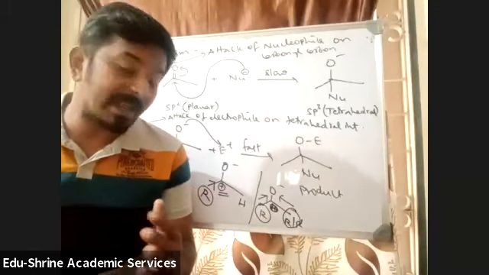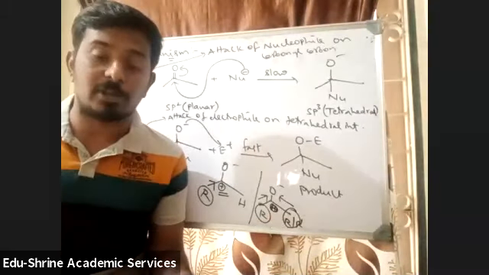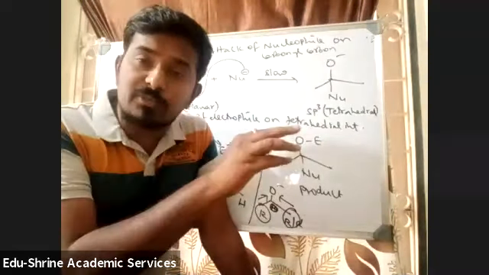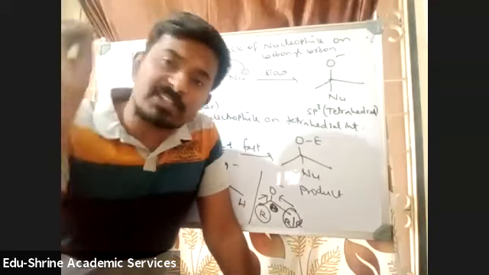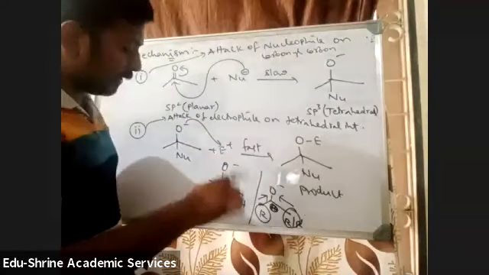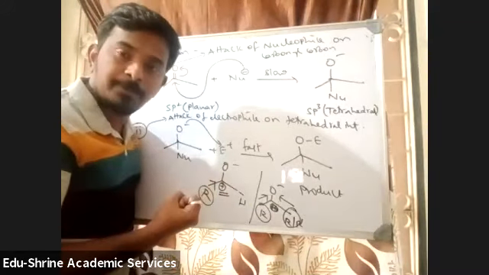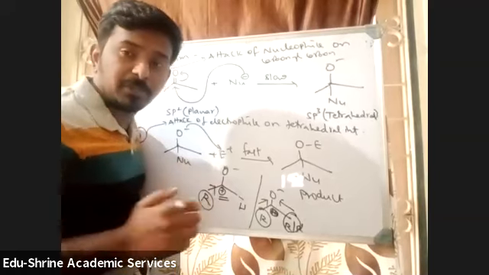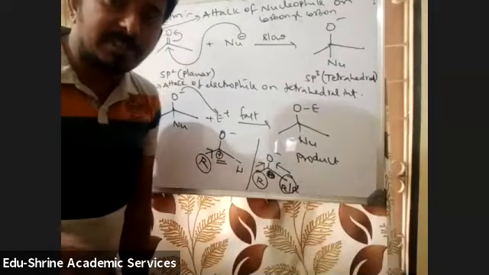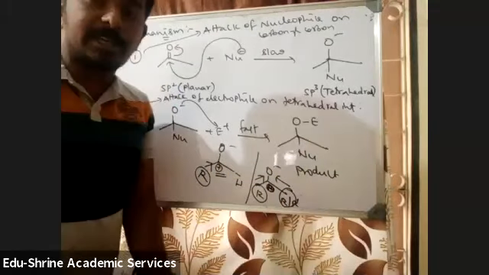Why are ketones less reactive? Because of the presence of alkyl groups, which decrease the positive charge on the carbon atom. The nucleophile has to get added, which means it will attack the place where there is positive charge. The more the positive charge, the more readily the nucleophile will attack. For this carbon atom to have more positive charge, the groups present here must be electron withdrawing groups. If they are electron donating groups, they will neutralize the positive charge. In ketones there are two +I groups which neutralize the positive charge. That's why ketones will be less reactive and aldehydes will be more reactive.